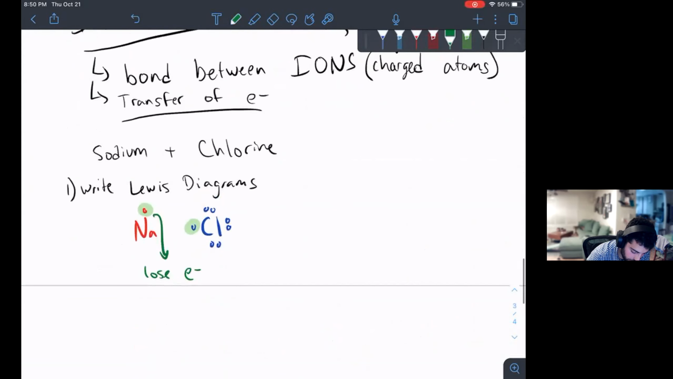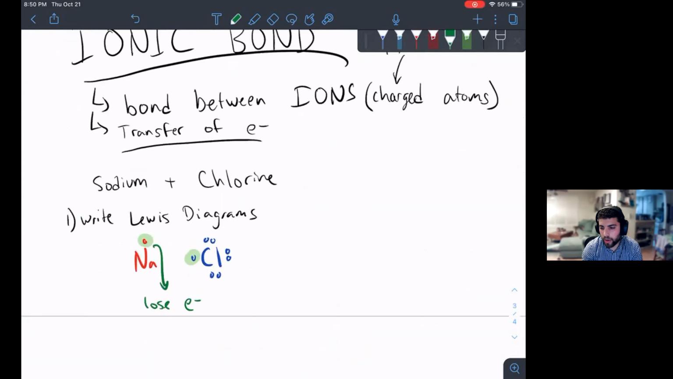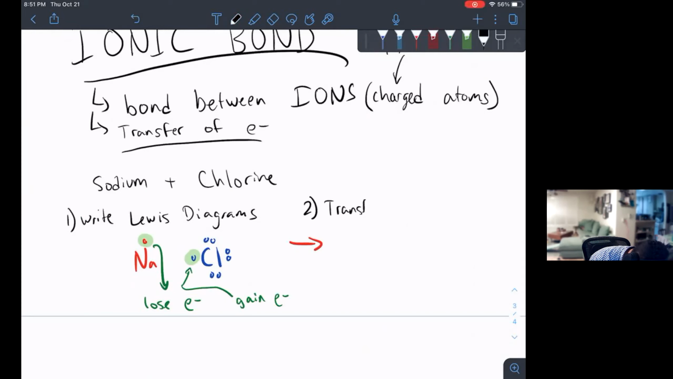Chlorine, on the other hand, has 7 valence electrons. We can pretty easily see where this is going. Chlorine wants 8. So chlorine is going to find a way to gain an electron. And if sodium's losing an electron and chlorine's gaining an electron, we can see what's very clearly going to happen. So number 2, we will transfer electrons. So Na becomes Na plus because it lost an electron. Chlorine becomes Cl minus,